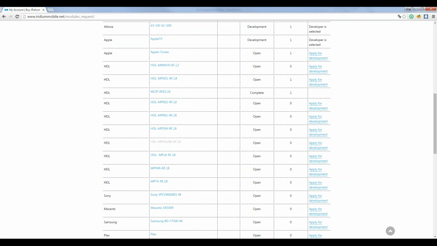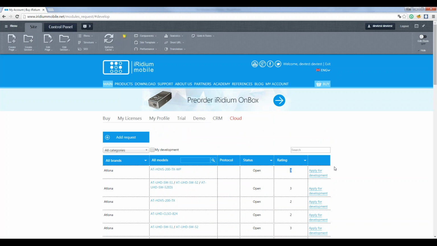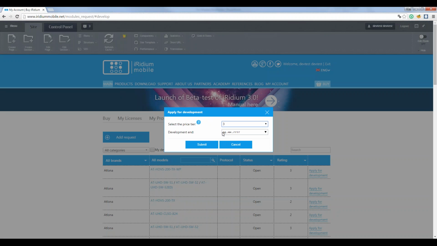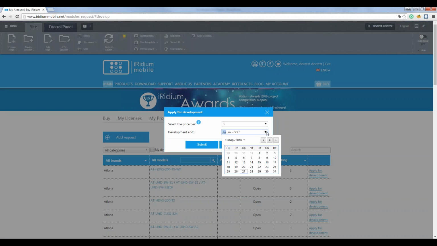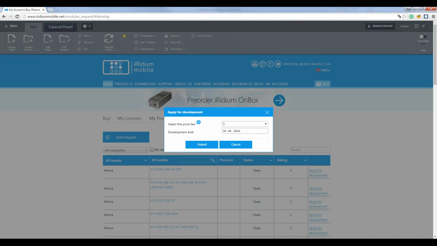So I see Atlona, I see 3 users want it, and I can press apply for development. Here I can choose the tier, and here I should choose the date. For example, I will develop it and press submit.